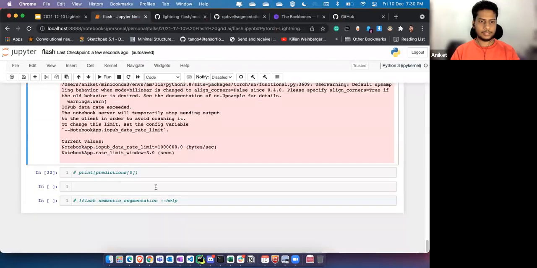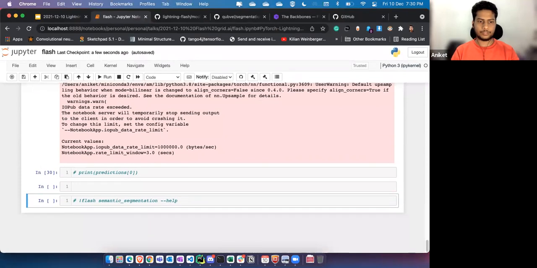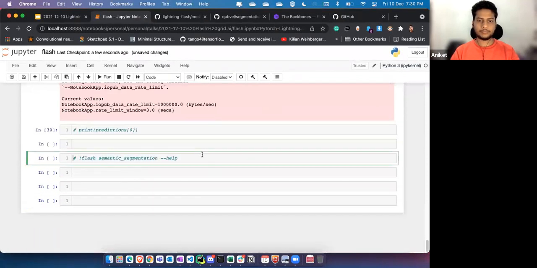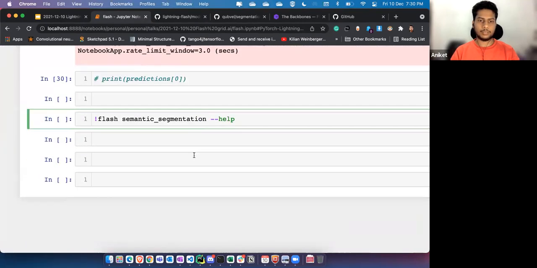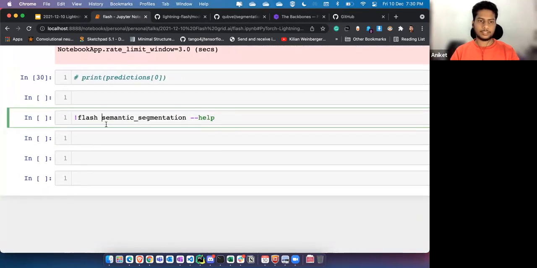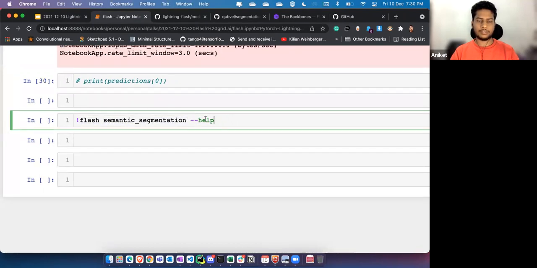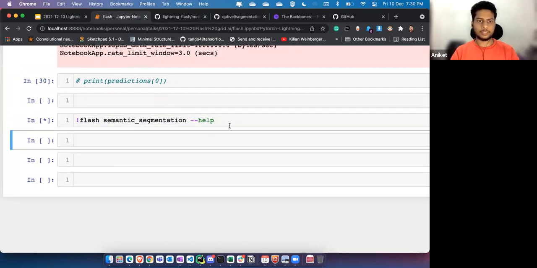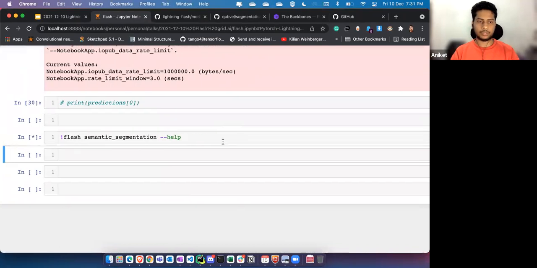And let's see what we can do with Flash Zero. Suppose you do not know any Python coding as well. This is a CLI for you, flash semantic segmentation. You can use --help to know how you can use this CLI.